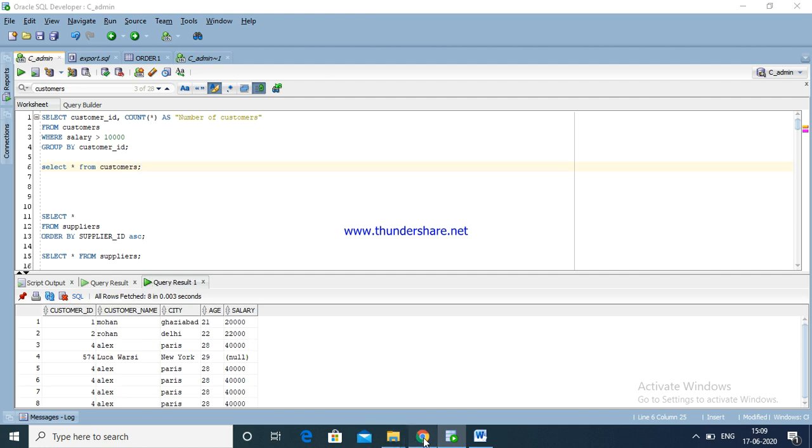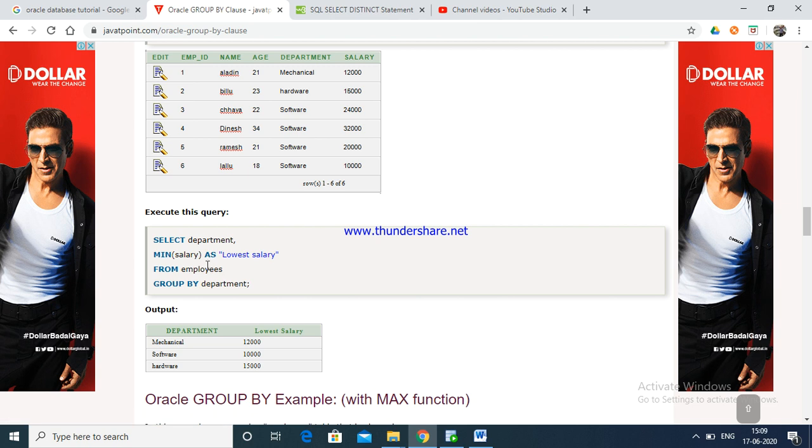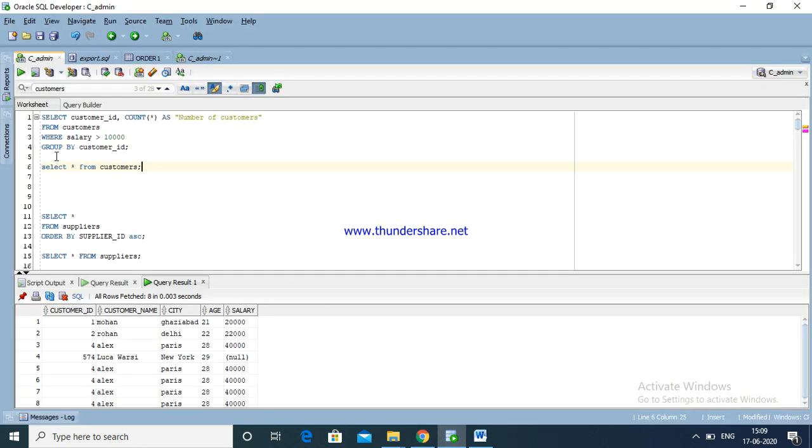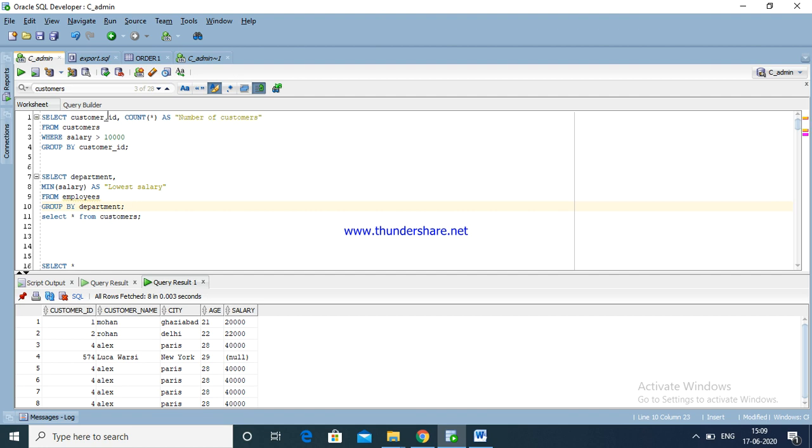The same way we go and see employee department min salary. The same way I am going to change it in the customer table. This is the existing query. My department, customer ID. Here the MIN function is used.